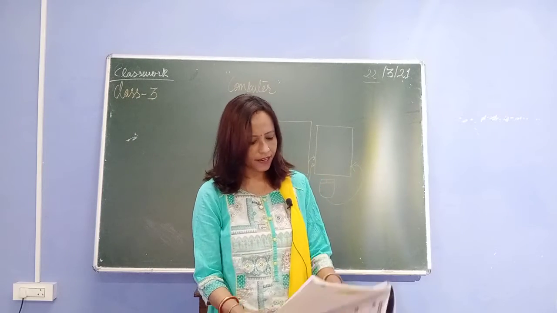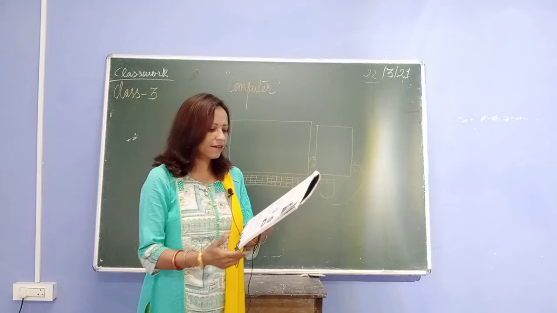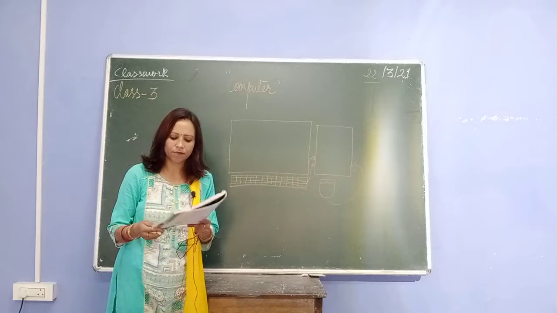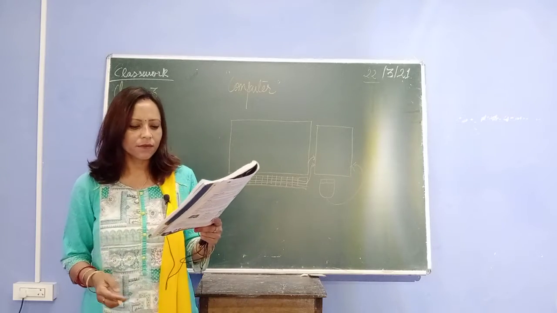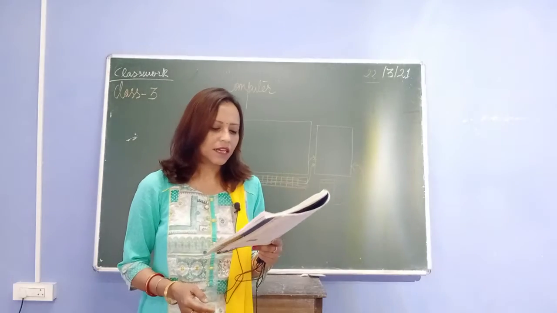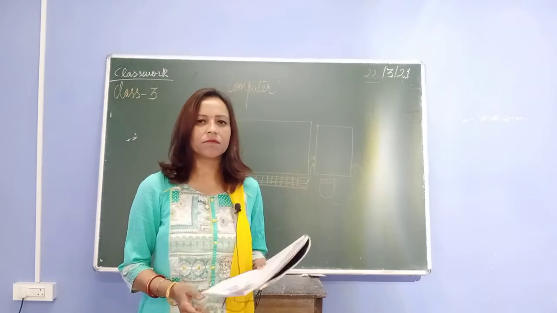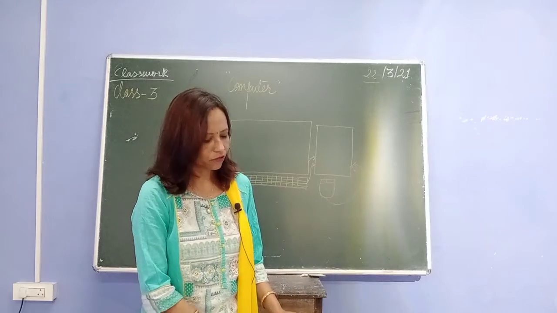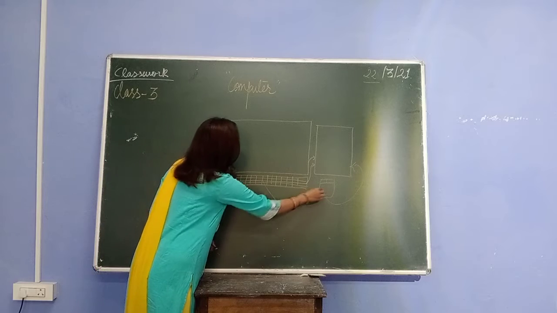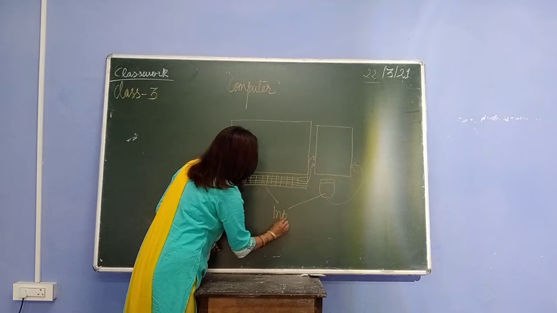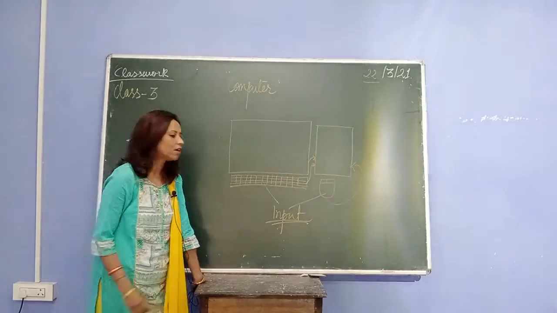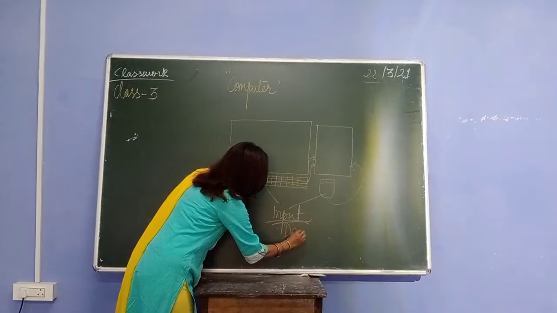Let's check out input. Data, information or instructions are called input. To enter input in a computer, you need input devices. Keyboard and mouse are the most common input devices. Now, how do you give your command to your computer? You give commands through the keyboard and mouse, so your keyboard and mouse are known as your input devices.